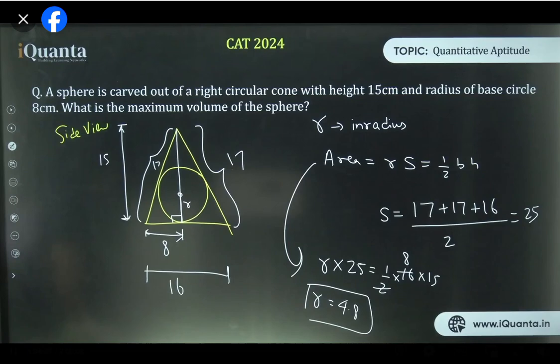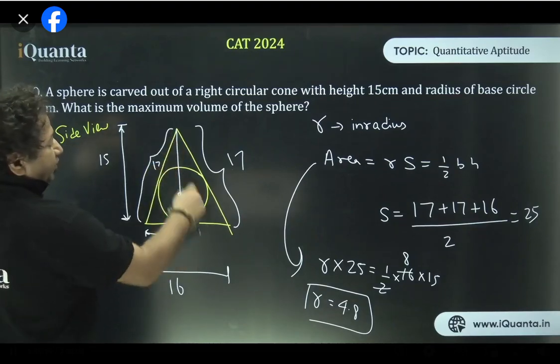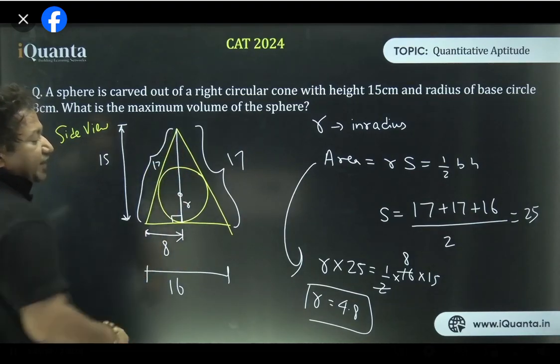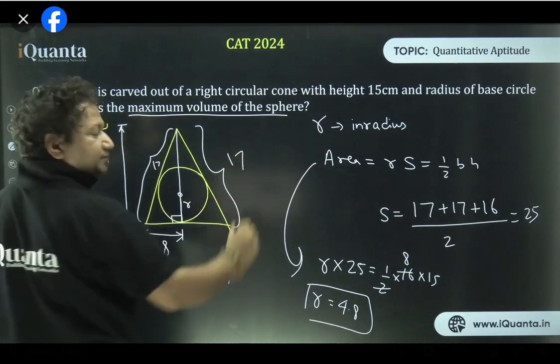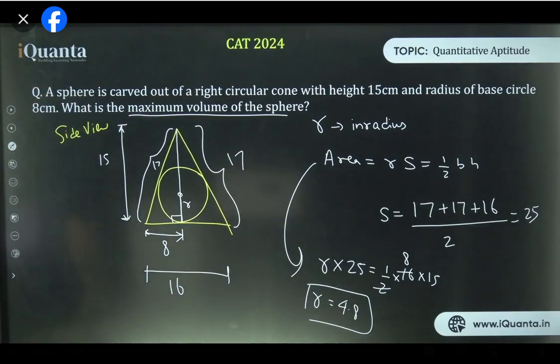Vedanti, who told you that R is equal to (P plus B minus H) whole upon 2? Who told you that? Karthik, this R is the radius of the cone? No, I am trying to find the radius of the sphere. We have to find the volume of the sphere, right? Getting it? Vedanti, P plus B minus H upon 2 is only for a right angle triangle, okay? Not for anything else, as Preetham just suggested.